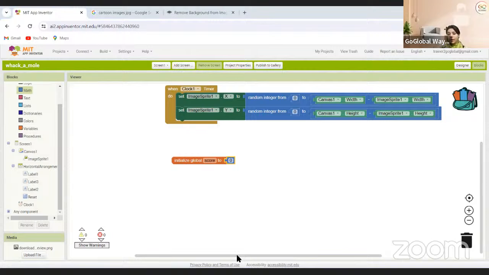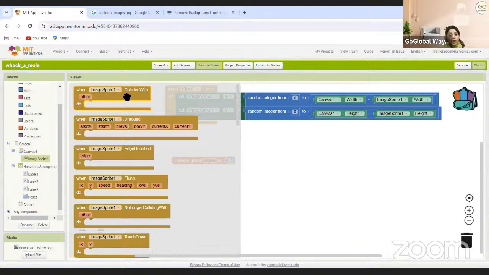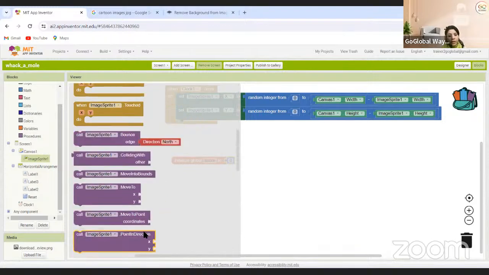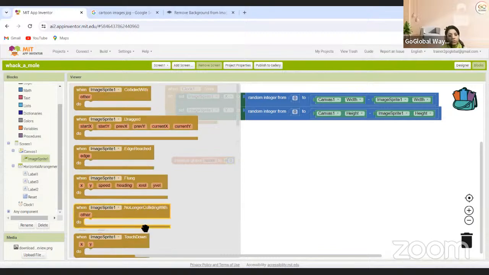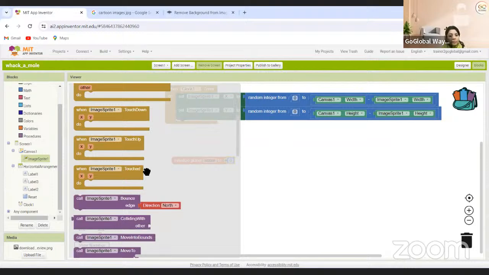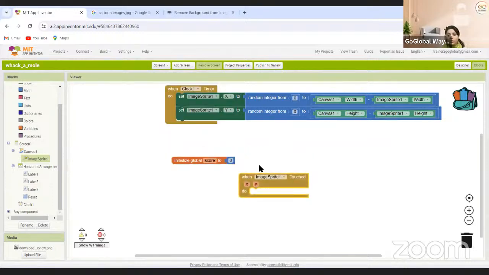The next is when I touch the image sprite, then the score will increase. So I go to image sprite, and there are a lot of blocks. See, collide, this, but I want the touched block. This one. Okay, you will take the touched block. When you touch something, then